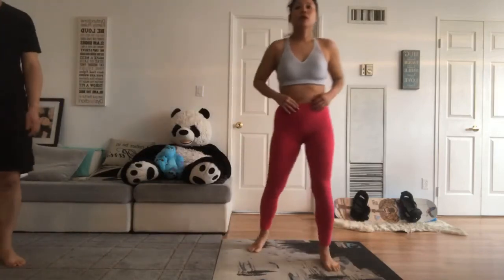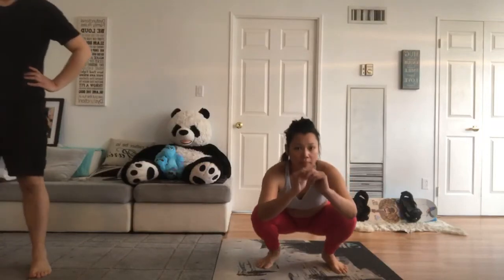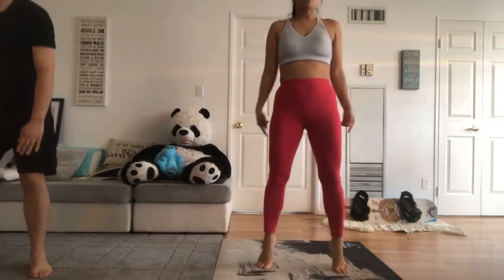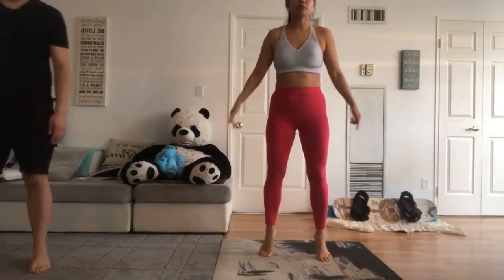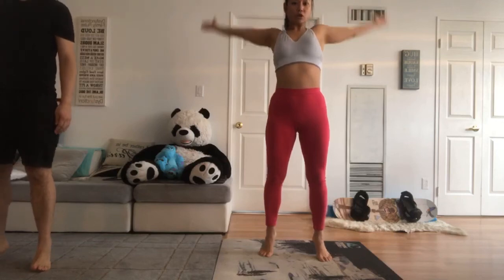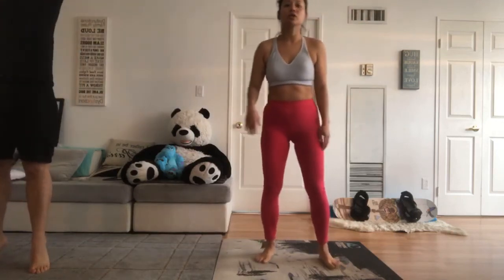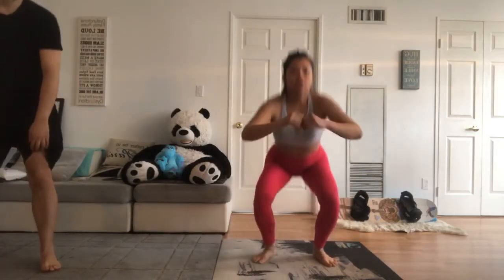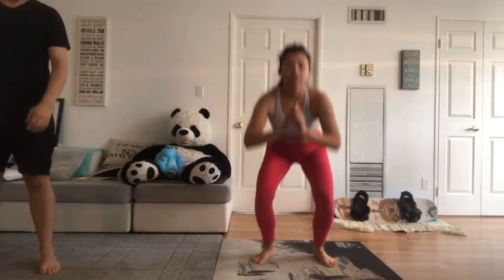All right. Next, what we're gonna do, we're gonna go into a deep squat. Okay. And from here, we're gonna come up. As you come up, I want you to raise your heel, come on your tiptoes, and then rotate your shoulder like this. Okay. So we're gonna do 10 of that. So go into a deep squat, make sure you keep your knees out, come up on your tiptoes, and shoulder rotation. That's 1,